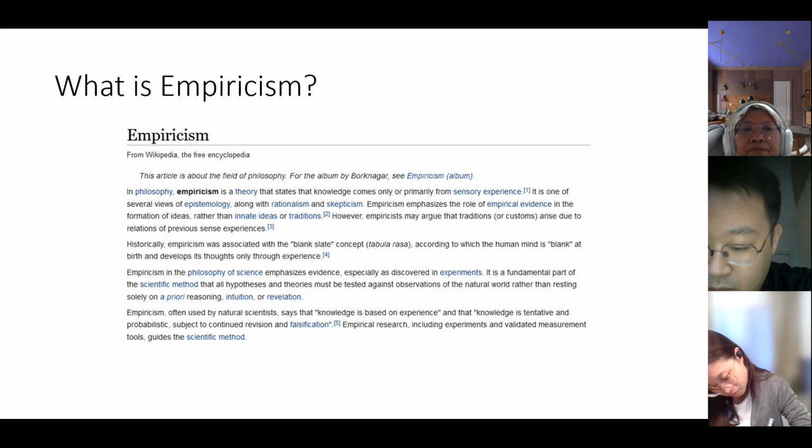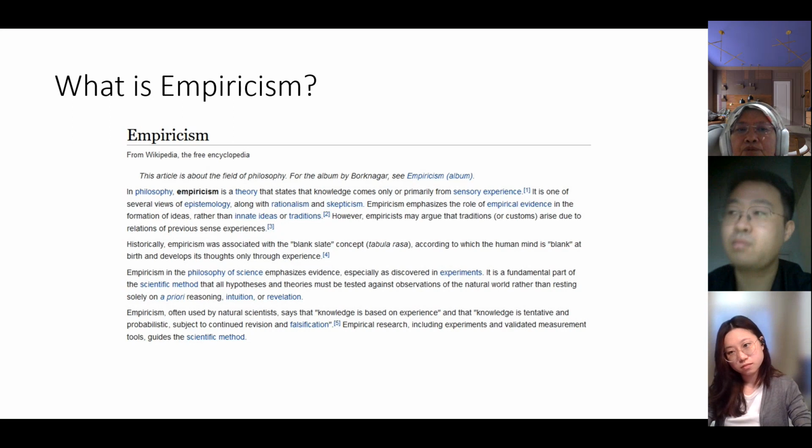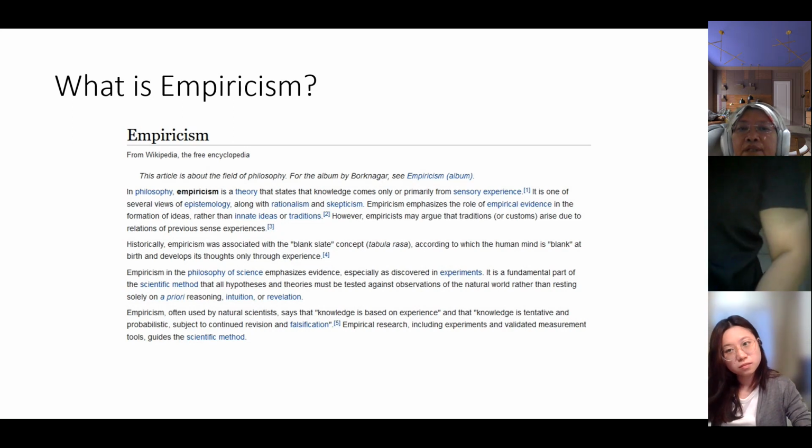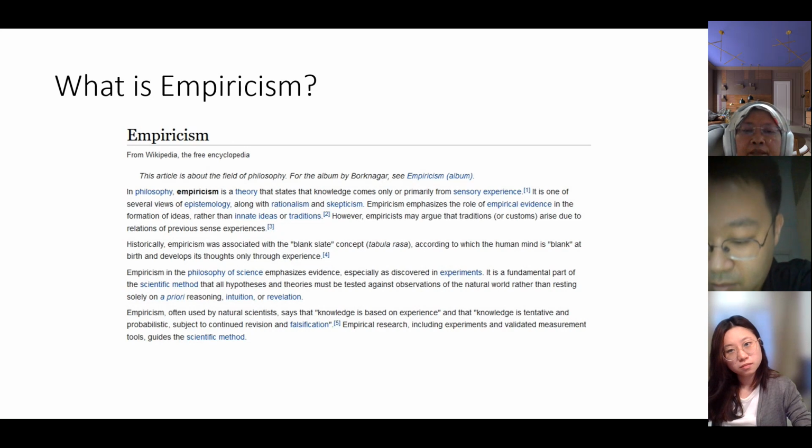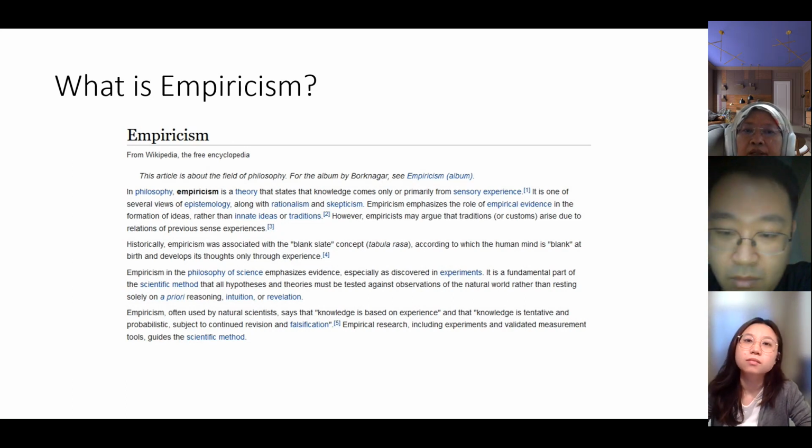As we are discussing in lectures, we will also try to look into the scientific writing that's available and look at how they do their introduction, how they do their